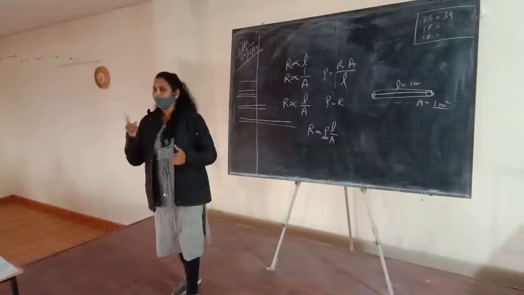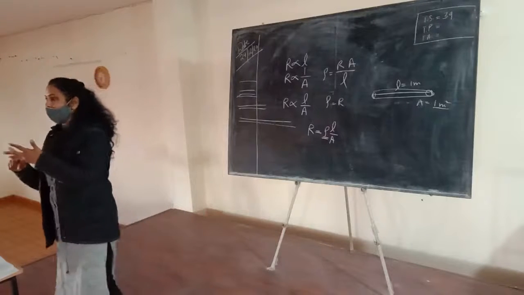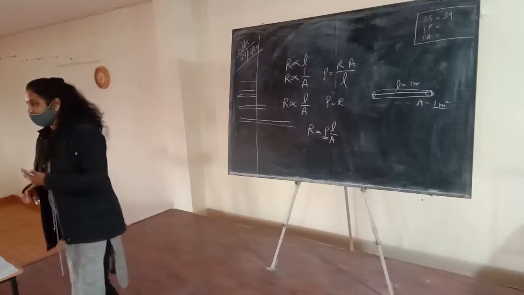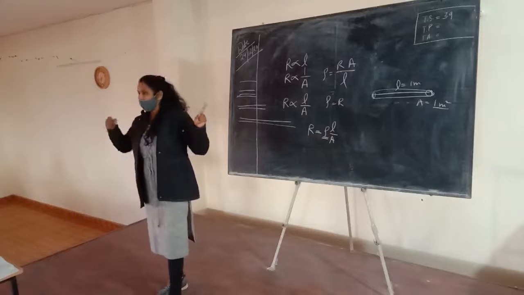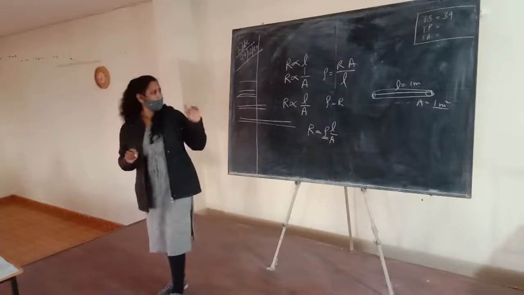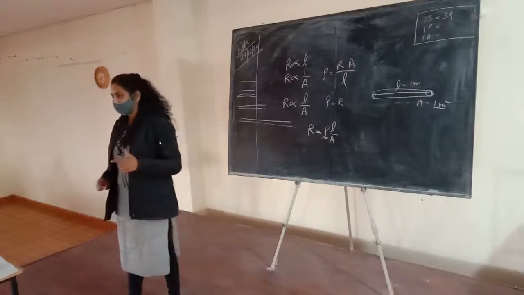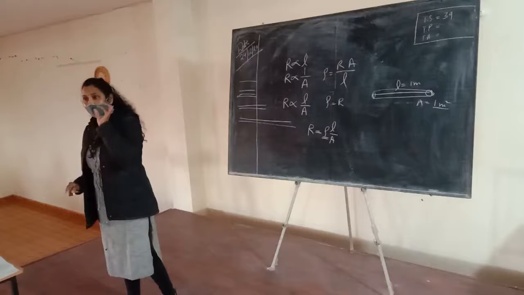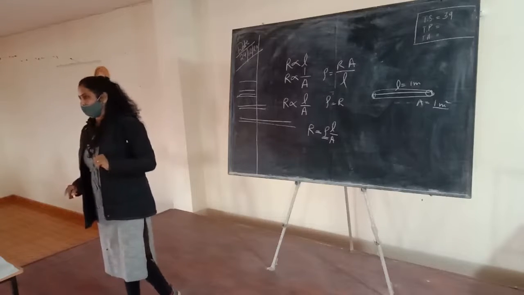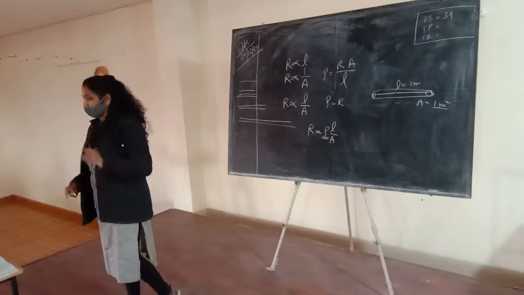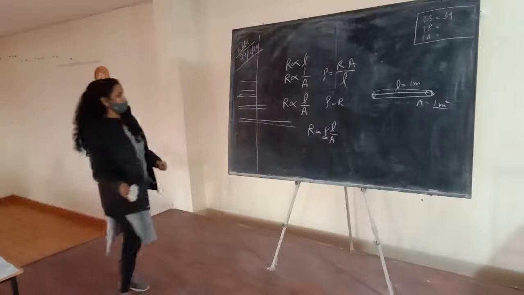By finding the resistivity, we can tell whether the wire is a conductor, an insulator or a semiconductor. So by finding the value of rho, we can find the conductivity of the wire. Next, if you change the area of cross section or the length of the wire, the resistivity is the basic property which does not change. The resistance of the wire will change, but the resistivity does not change. And we basically use this property in most of the questions.